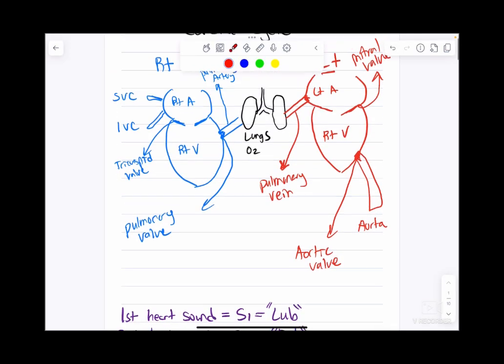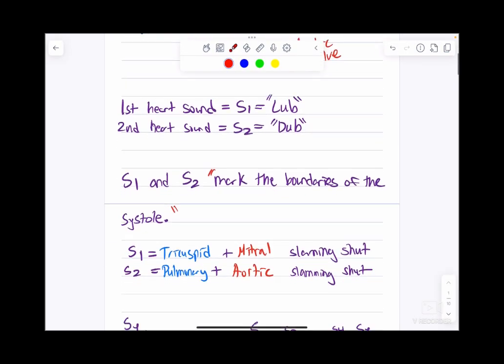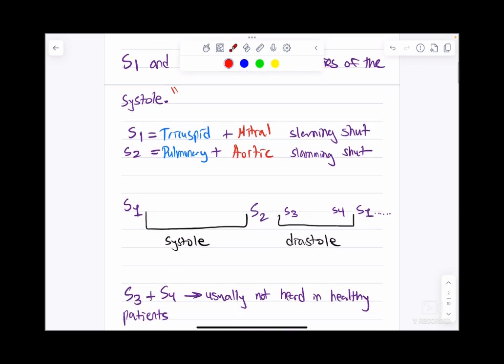So what happens is lub causes the tricuspid and the mitral to close, to slam, preventing blood from seeping back into the atrium. This is simple bio 30 level stuff right now. And the dub is the shutting of the pulmonary valve and the aorta, preventing the blood from returning back into the ventricle, from regurgitating back into the ventricle. Simple. So like I said before, S1 and S2 are really not the systole itself, but they mark the boundaries